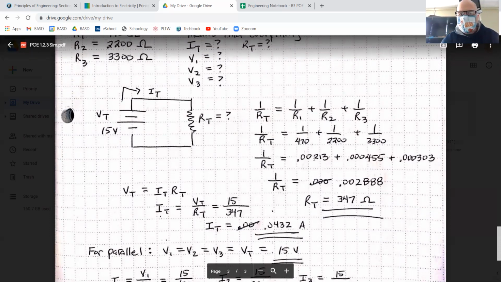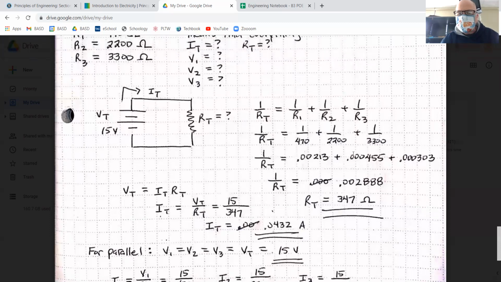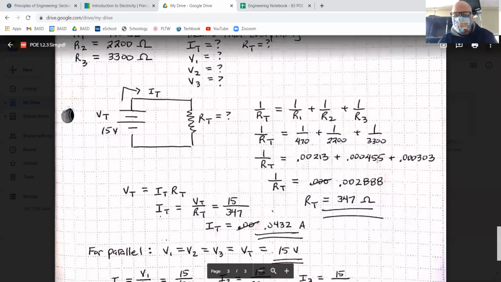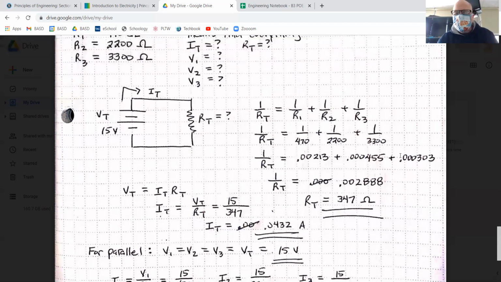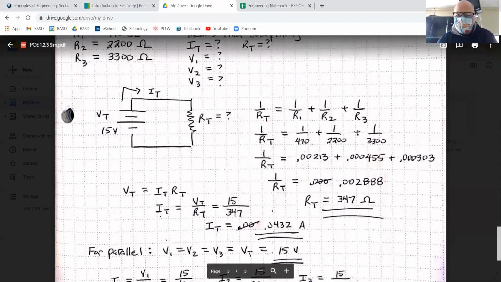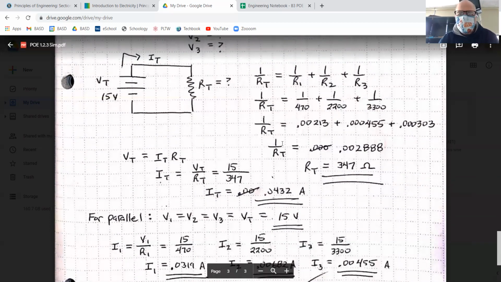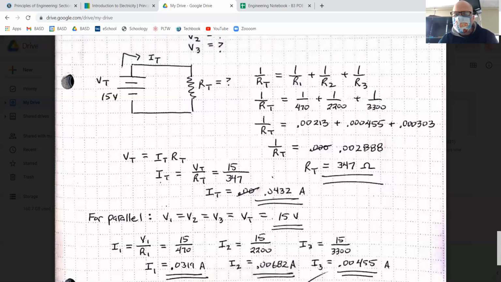1 over 470 is that decimal. 1 over 2200 is that decimal. 1 over 3300 is that decimal. So you got those three decimals and you add them together. Notice I made an error here, so I just crossed it out. 1 over R sub t, which is the sum of these three, is